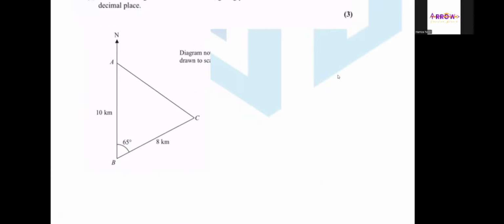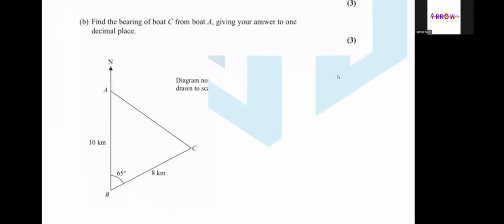So here we have the sketch, and the requirement is to find the bearing of boat C from boat A. This means that at A we need to make a north, which is already over here, and this is the requirement, the bearing of C from A. Obviously this angle is an obtuse angle, because this angle BAC inside the triangle would be an acute angle, and the bearing which we are required to find is an obtuse angle, as we can see according to this